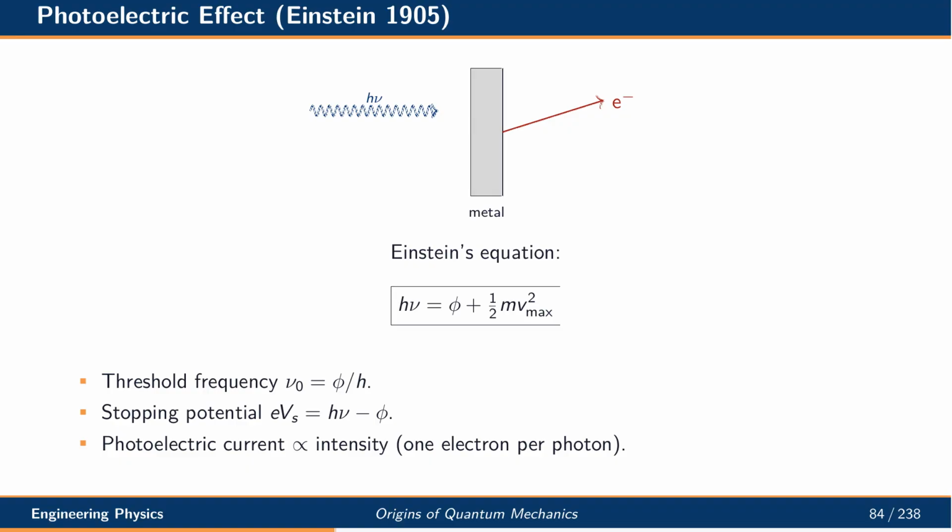Einstein extended Planck's idea by treating light itself as a stream of quanta called photons. When a photon of energy h-nu hits a metal surface, it can eject an electron. Einstein's photoelectric equation states that the photon energy equals the work function plus the maximum kinetic energy of the ejected electron. Below a threshold frequency, no electrons appear, no matter how intense the light. The stopping potential and the linear relation between photon energy and electron kinetic energy confirmed the particle picture of light. This work earned